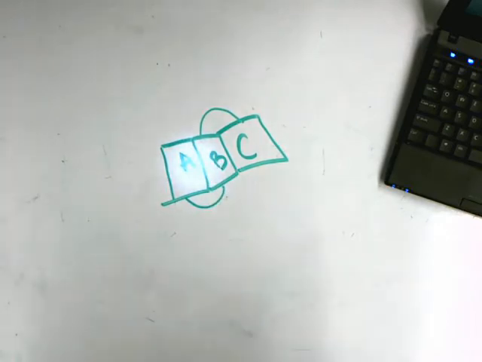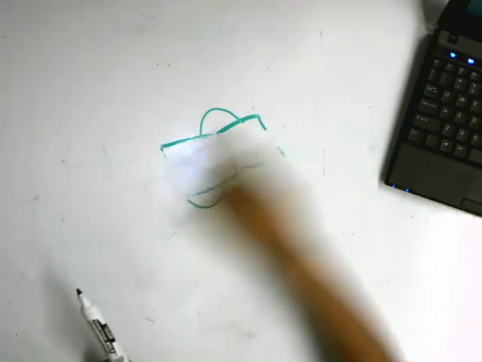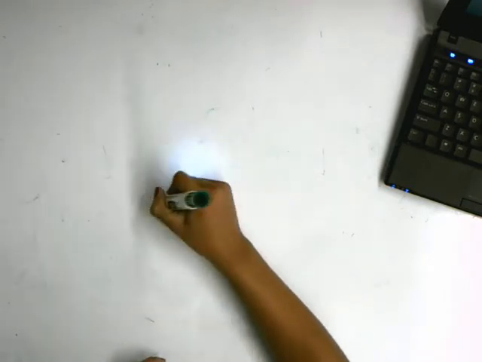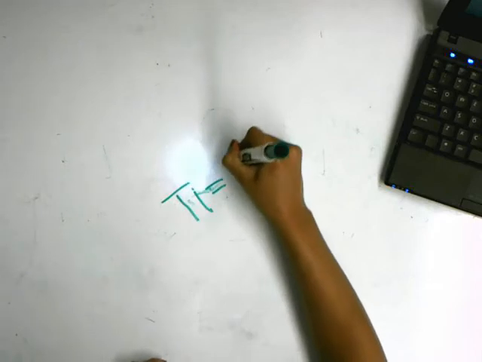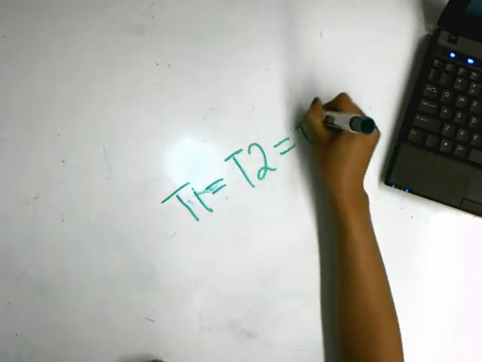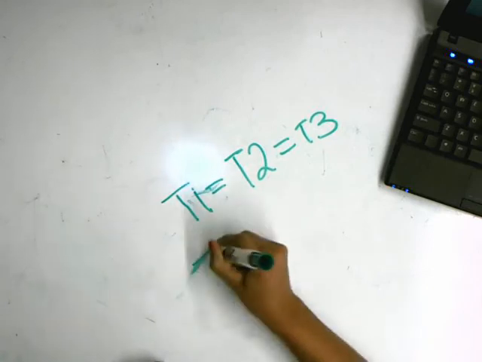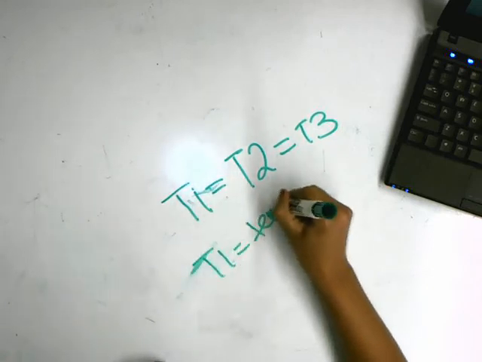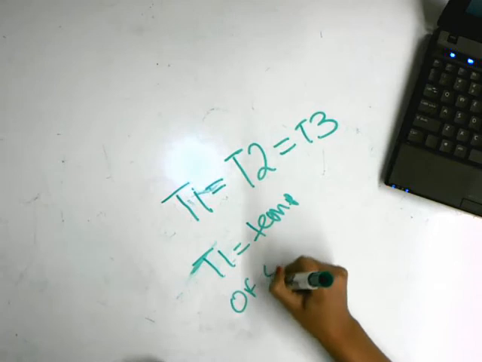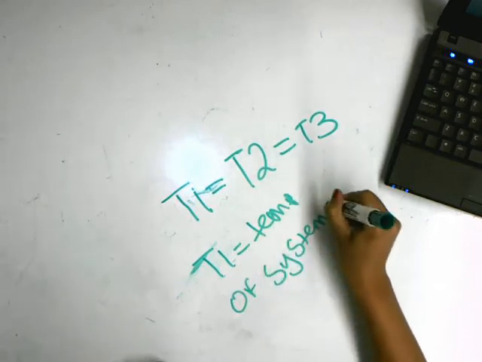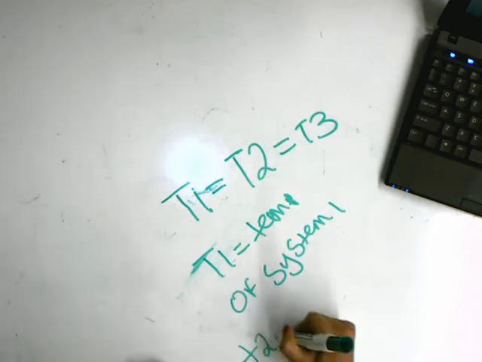It is so named because it logically precedes the first and second law of thermodynamics. However, the Zeroth law can be expressed as an equation. That equation being T1 is equal to T2, which is equal to T3. T1 simply means the temperature of system 1. T2 is the temperature of system